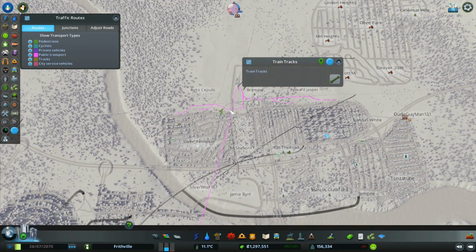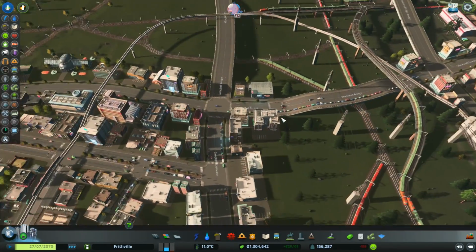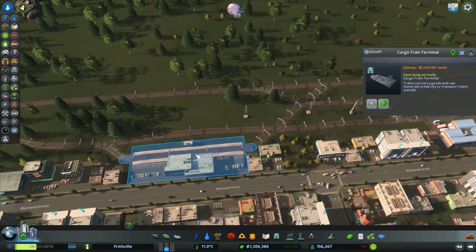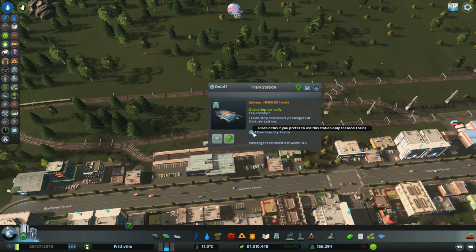I think I need another one of those. I think I need a second tunnel just to run along there and help that out a bit. Maybe I should disallow intercity... Yeah, but I can't disallow intercity trains. That's the problem. The cargo trains, I can't allow the intercity ones. I can disable if you prefer...